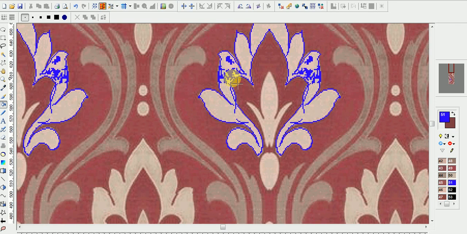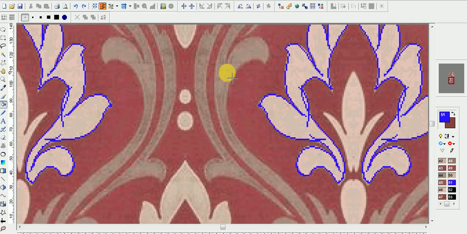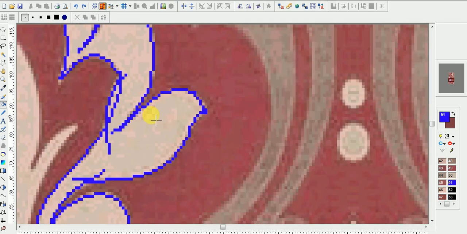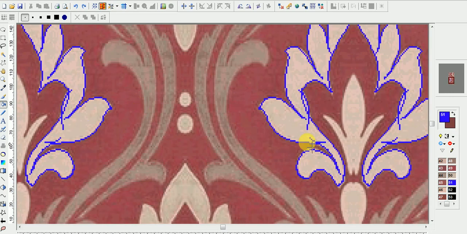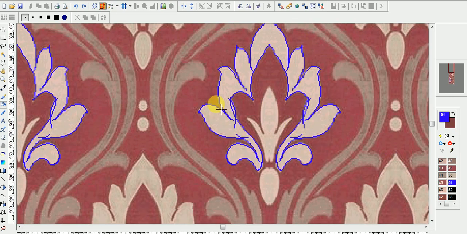Because in this design we have 50 colors, multicolors. This is not a solid color. So many colors are in this design. You can zoom and see these pixels and different colors are there. So that's why you cannot fill all the motif at one single click.